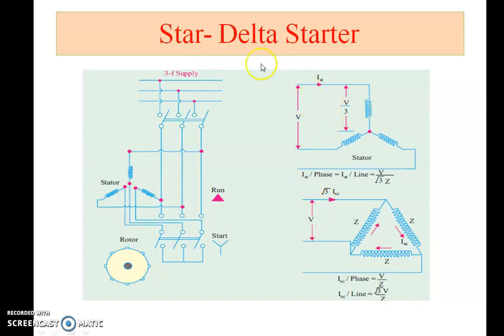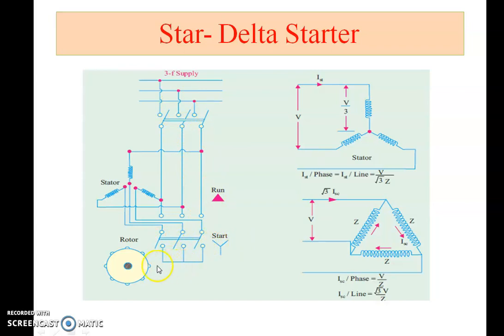This principle is used for the star delta starter. Just during the starting condition only, the motor is connected in star connection; this Y indicates a star connection. And when the motor reaches its normal speed, the motor is connected in delta connection. How is this possible, you will see. Now just imagine the motor is connected in star during the starting. Now I connect this to star.